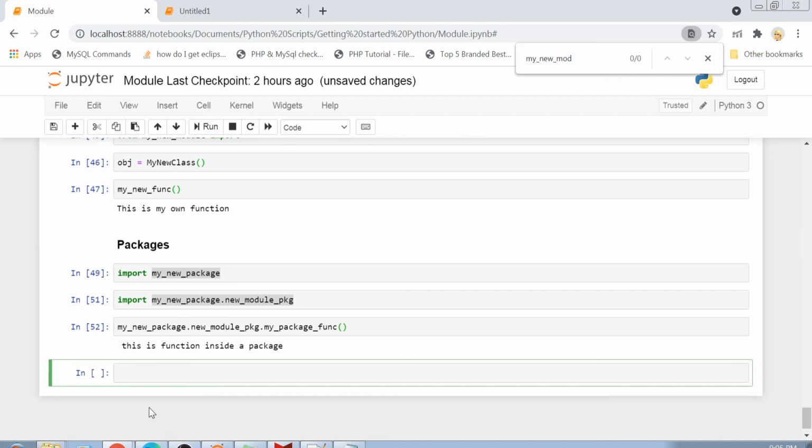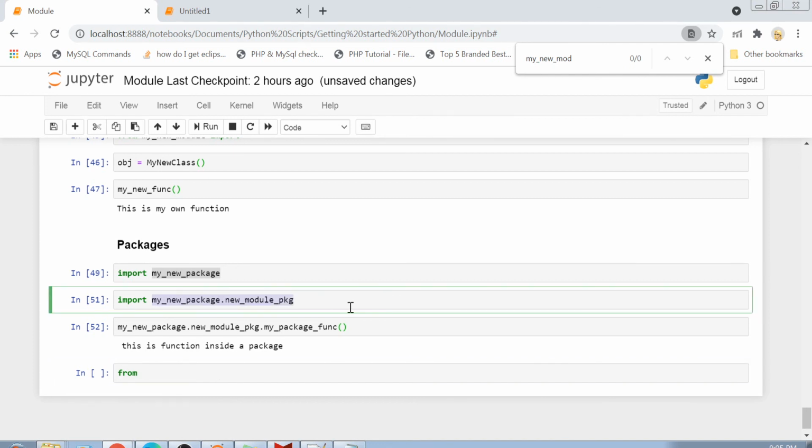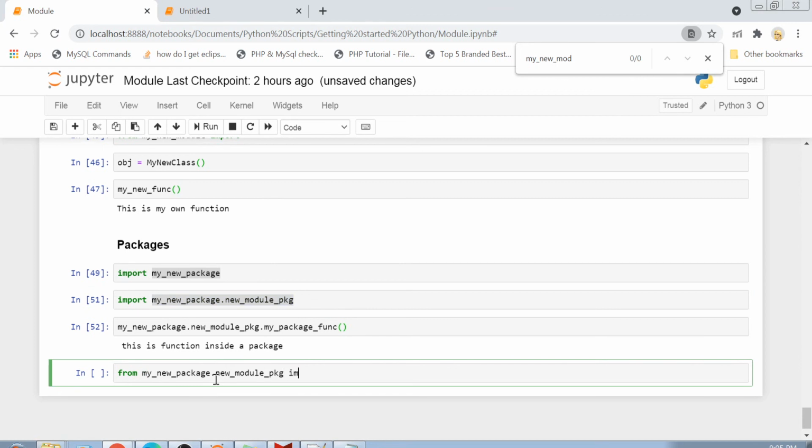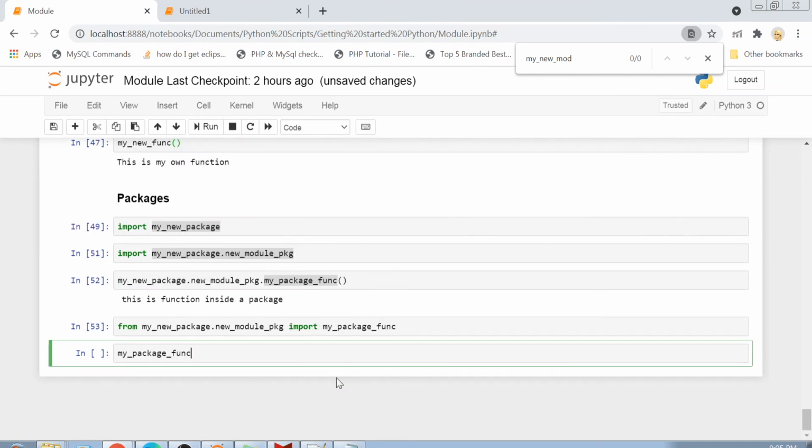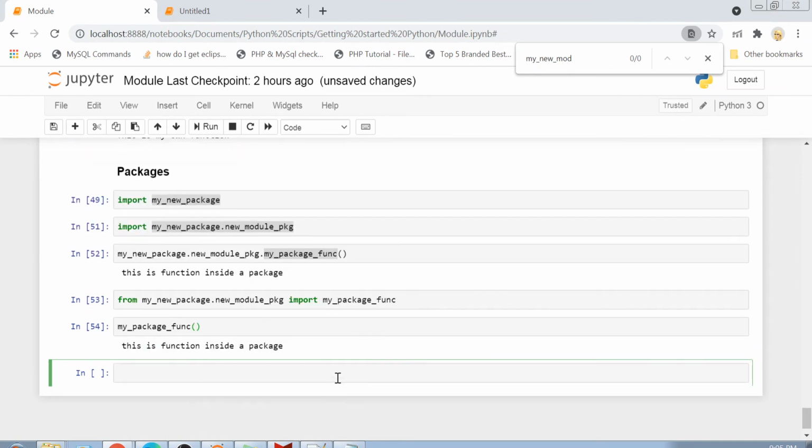So something like from my new package and this module, only import the function. Now I can just call it directly, without using the entire batch of package name and module name. You can even use aliases in this case as well.